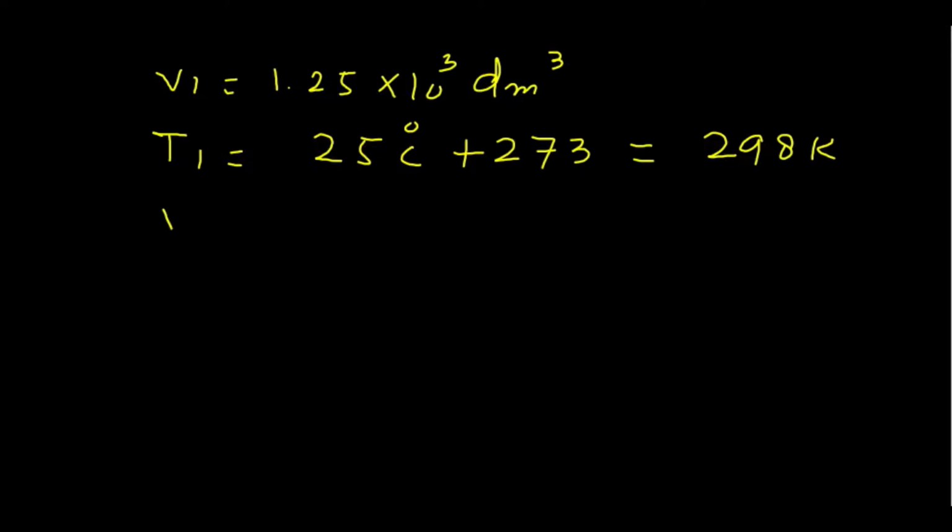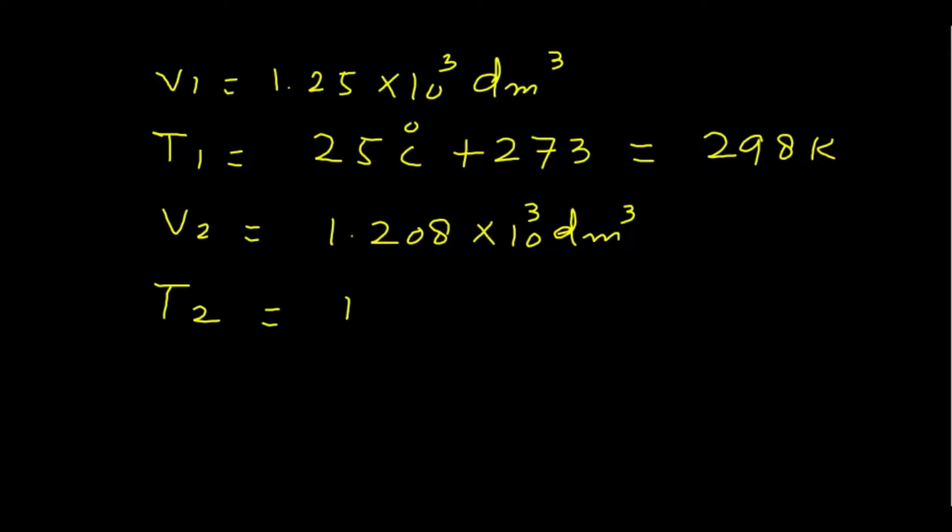Now the final volume which is given, V2, is 1.208 into 10 raised to power 3 cubic decimeter, and the final temperature T2 which is given is 15 degree centigrade. To convert into Kelvin we will add 273. By the addition of 273 it becomes 288 Kelvin. Now we use the formula V1 upon T1 is equal to V2 upon T2 and then we will